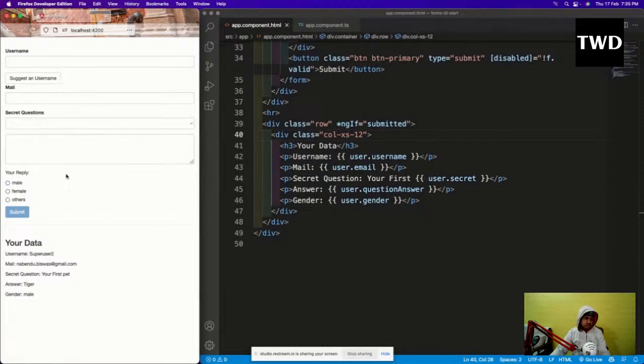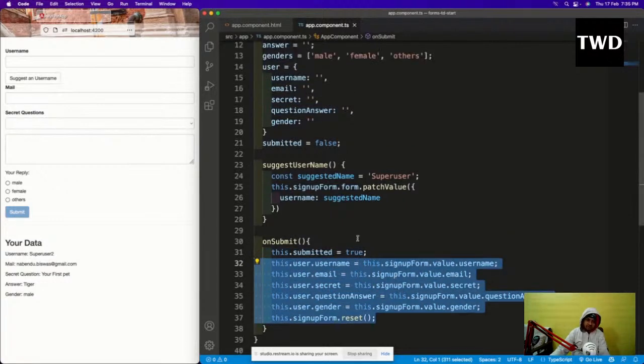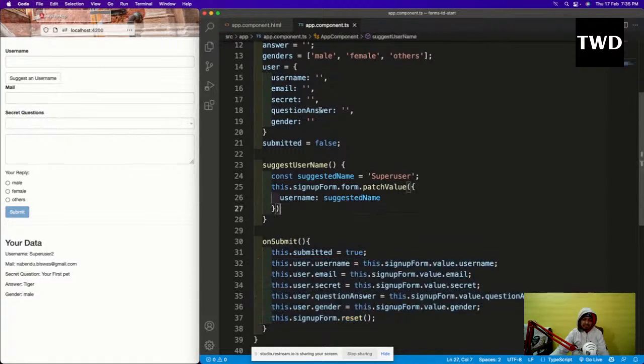So this is how we show the data, and in the real case scenario, you'll not show the data, but then also you have to get this data and you have to send this. See, this is how you get the data, and then from here you have to do some API call to send it to the backend. So those API calls and all will be done, and it will be sent to the backend. But you're not going to show it like that. But this is a very good example. As I have told, this is a very important thing. Forms are always important. Okay, so we have done this form.